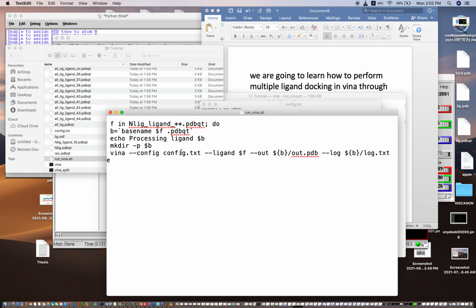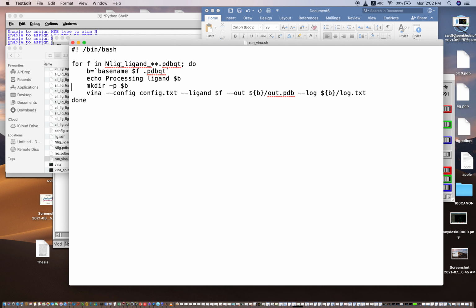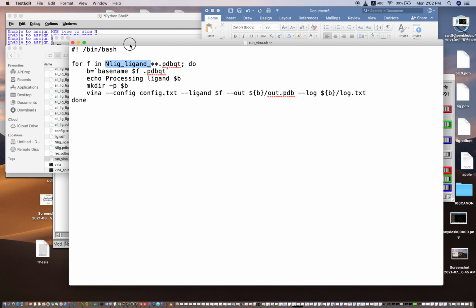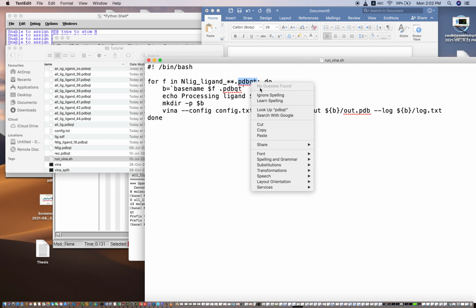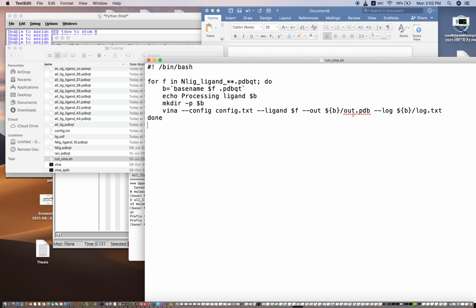You can download it, or you can just type it by yourself in WordPad. This format is important to dock multiple ligands with the receptor, so this file is very important. In this, you will have to change the name of the ligand only, and nothing else will be changed.